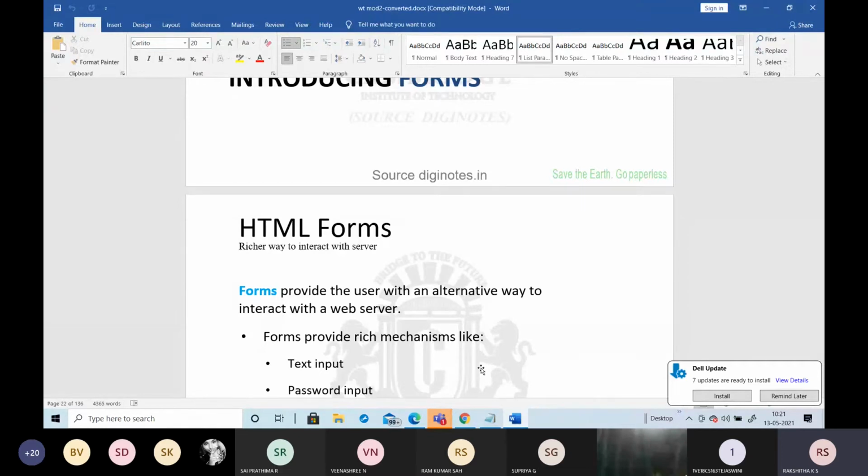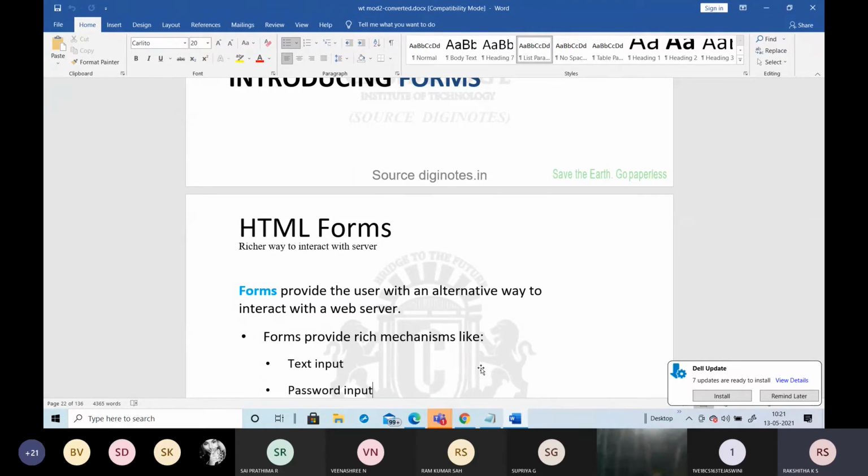So either we can see changing the images or adding the background, or any tables, we have seen how to create the table. Now we are going to see how to add forms. So how to create the form. What is the definition of this form? It is a technique to read the user data, to take the user input into the web application.